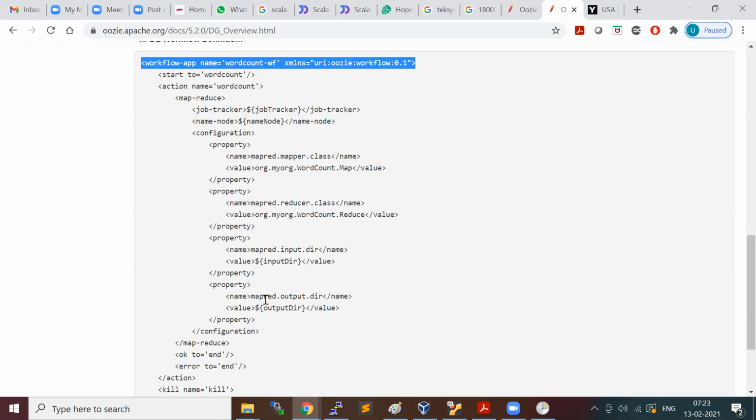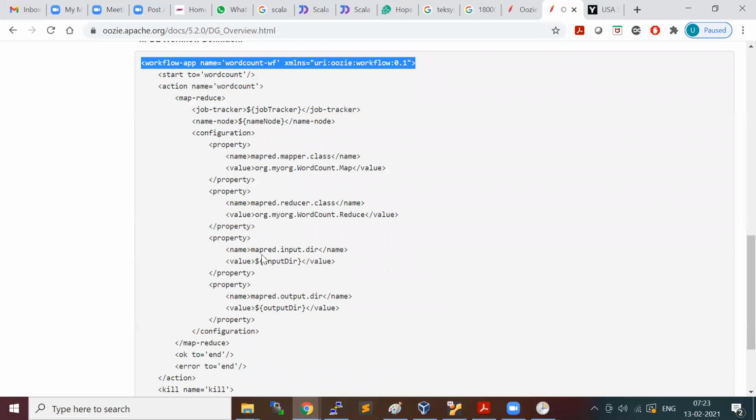How do you configure your workflow? A workflow is nothing but a set of actions, and each action is meant to do certain activities. This example is going to run a simple MapReduce program. We have a word count program, right? If you want to schedule that word count program in the Oozie scheduler, how do you do that?